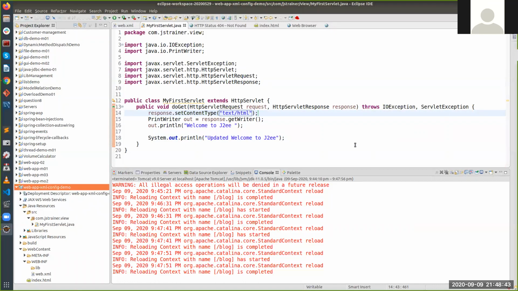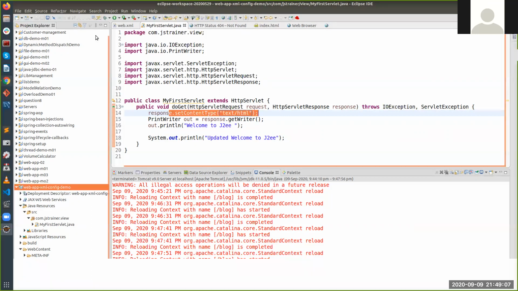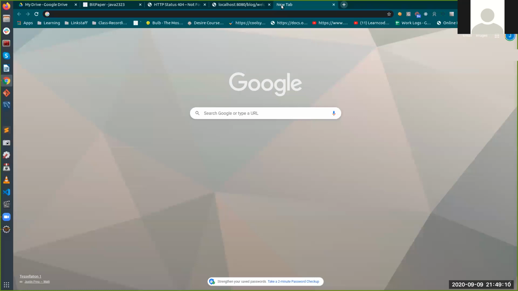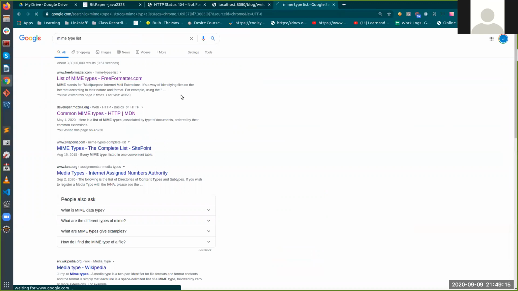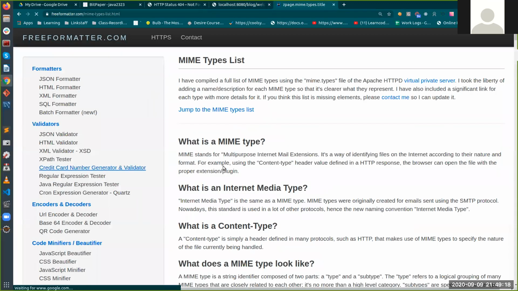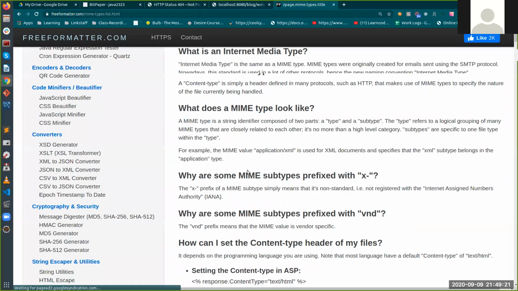Suppose you are going to respond with a file. You have to tell what type of file it is, whether it is an HTML file or an Excel file, right? If you are sending some media, you have to tell whether it is audio or video. If audio, whether it is MP3 or WAV sound; if video, whether it is MP4 or AVI, lossless or compressed data, right? All those can be done with the help of content type. You'll find a lot of content types. These are called MIME types, Multi-purpose Internet Mail Extensions, right? There would be a lot of MIME types.